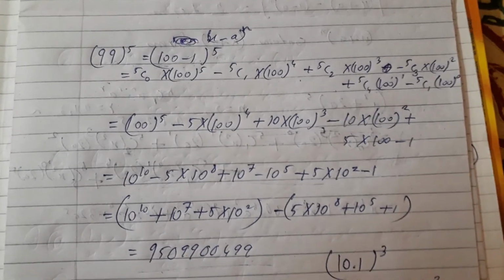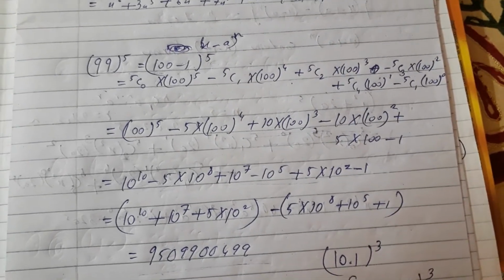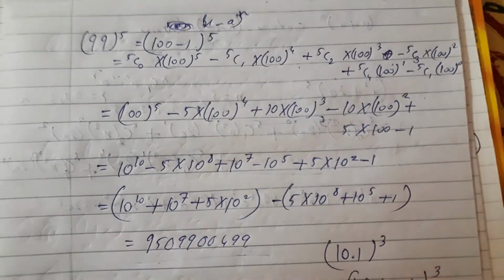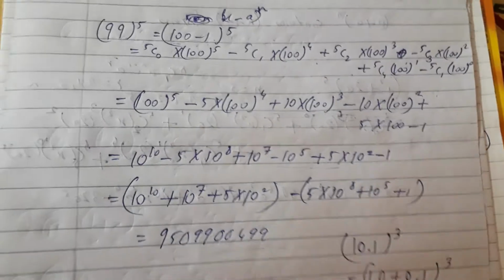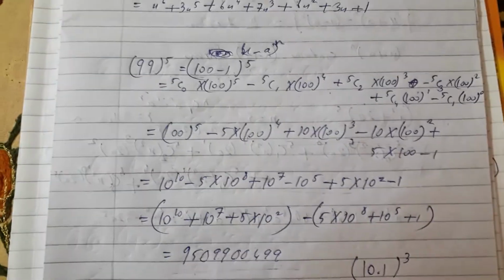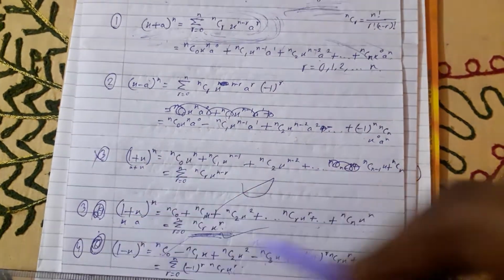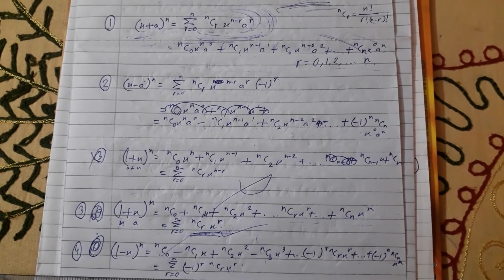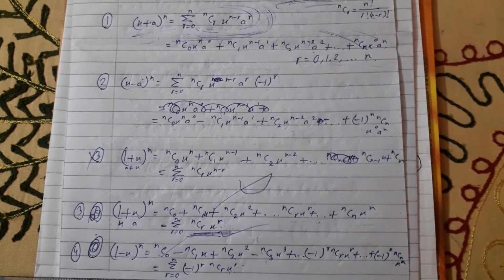So I think you have understood the application of this chapter, the need of this chapter, the importance of this chapter. For any type of expansion, you can use this binomial theorem and expand easily, if you know the formula. But first you have to learn the basic 4 formulas, then you can expand any type of expansion very easily. See, these first 4 formulas you have to learn very properly. And in the next video there will be more sums based on this binomial theorem, more concepts based on this chapter.